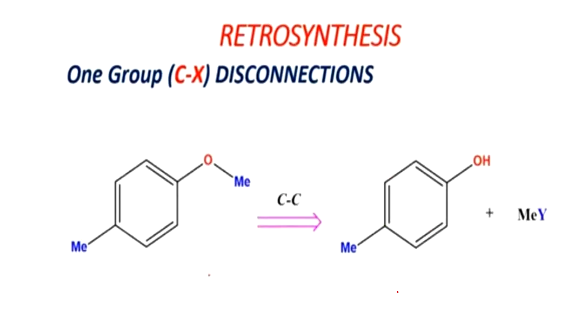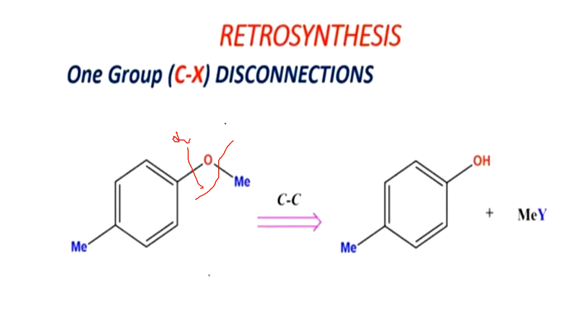So this is our next compound for retrosynthesis. In the exam you have to do retrosynthesis as well as synthesis on different molecules. In this case there is an oxygen and Me bond. Always remember, whenever we are doing retrosynthesis or disconnection in any compound, we have to break the heteroatom and carbon bond. Here we are doing fragmentation through this bond because we get a stable fragment. There is also the possibility of disconnection from the other side.